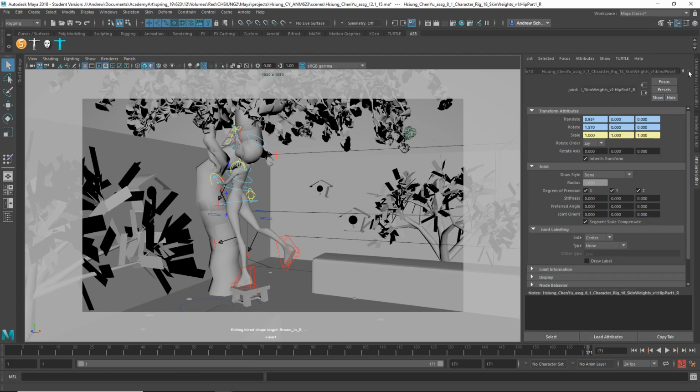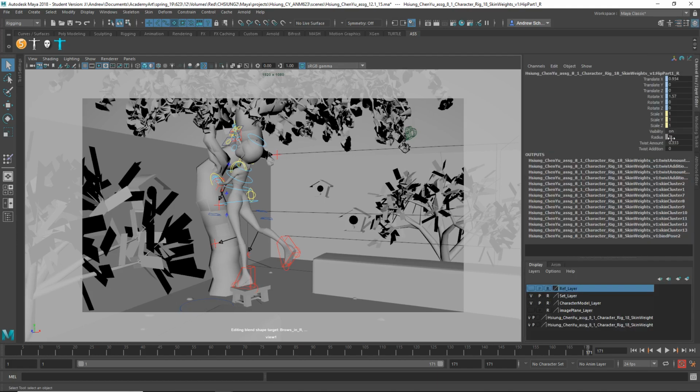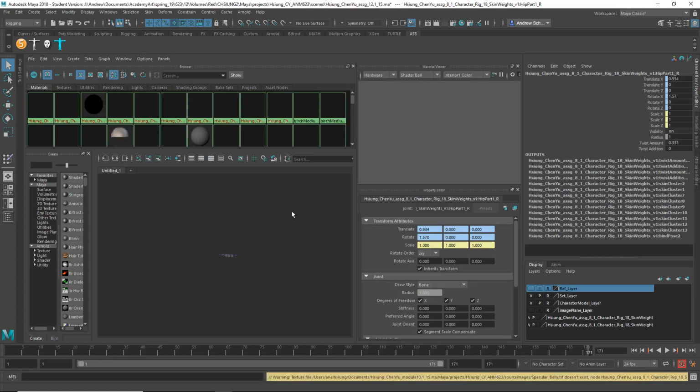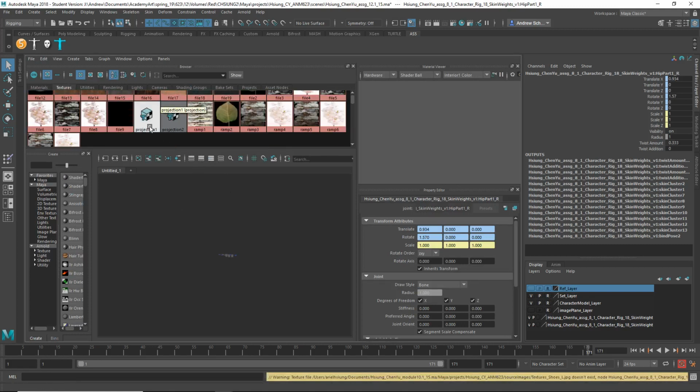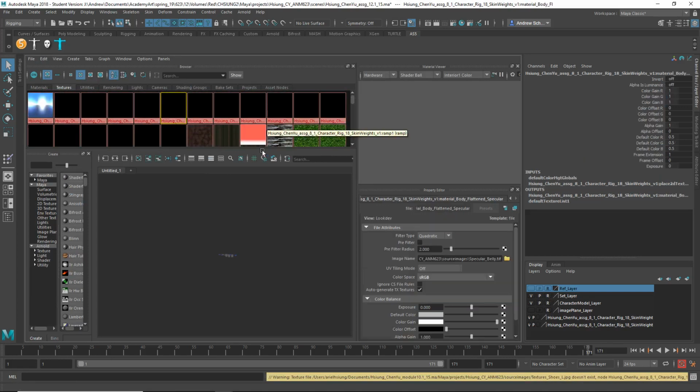I'm just trying to find the materials. Well, let's actually do it this way. Let's look in the Hypershade and look at the textures and look at ones that are missing. Let's say this one. This one's been referenced in. I can see that